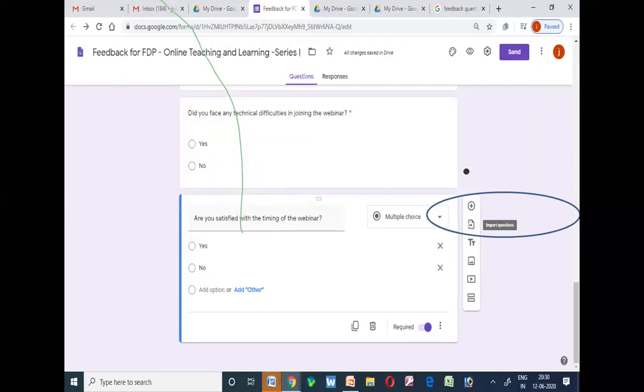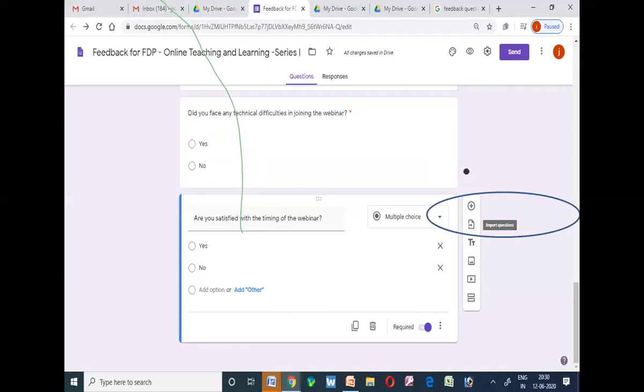Now we have completely seen the different types of questions we can add in your feedback form. Now we are going to see how to import questions. Suppose you have a particular feedback form which was created previous year, and you wanted to add 2 more questions to that feedback form.